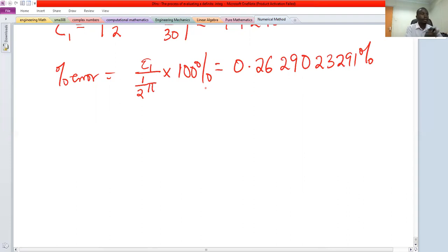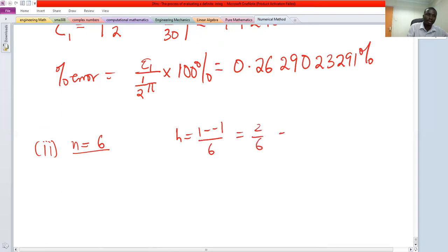And then part 2 of B, Roman 2, we expect to use n to be 6. So h will be 1 minus -1 over 6, which is 2 over 6, which is a third. Then remember the function f of x is 1 over 1 plus x squared. So make a table of values,